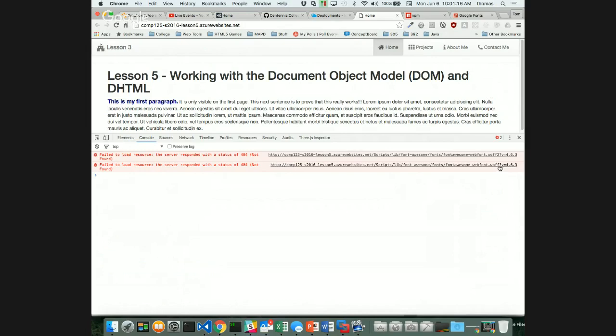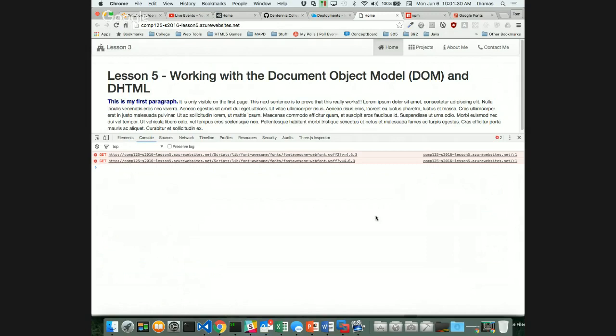Guys and girls, please leave this alone. This is not an error on your part. This is what happens when Font Awesome is pointing to fonts that don't exist anymore inside their fonts folder. Leave it alone. If I refresh this thing, notice even if it doesn't go away, it's not killing anything. My icons are still there for Font Awesome, right? All right, one thing to note though is if I go to